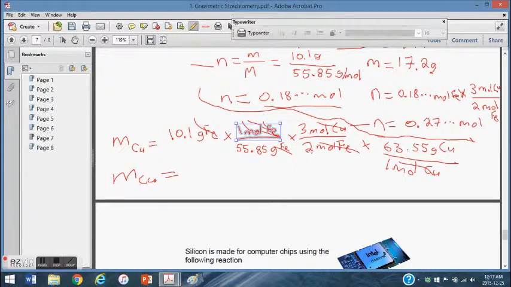I'll tell you the way that I always do it. You can use brackets if you want. I divide by the first number in the bottom, so divided by 55.85. Press enter. And now I divide by 2. And I end up with 17.2 grams. Same answer. If I would like to divide by 1, I can do that as well, but I can do that math in my head. Dividing by 1 just gives